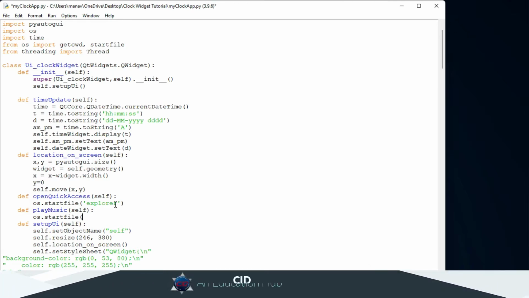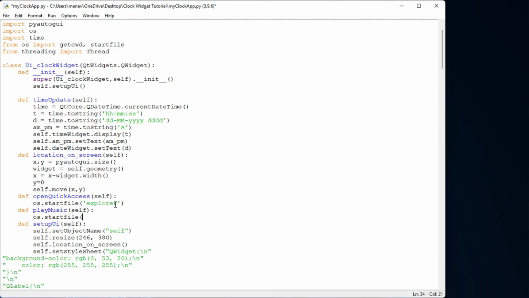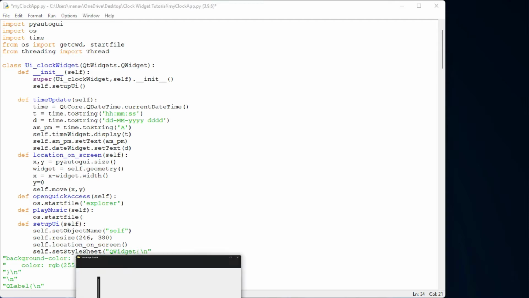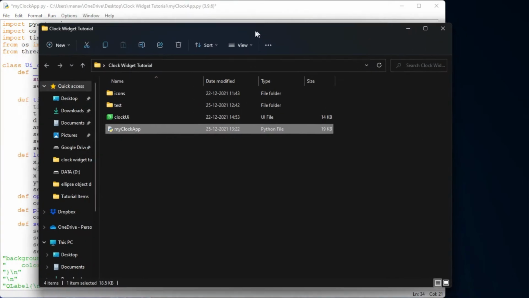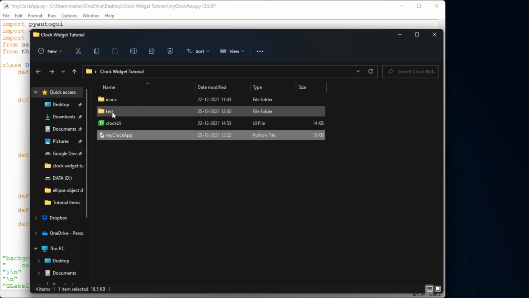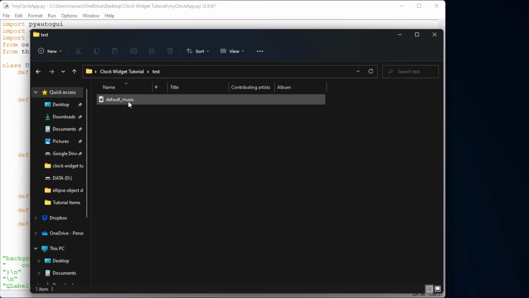Because I'm using startfile, I will have to pass a music file here, because I don't know what the music player name is on your computer. That's why I will place my mp3 file to play on your current music player, and then you can change to any music, right? You can see here that under my current folder I have made one test folder, and under this test folder I have placed one music file called default music.mp3.